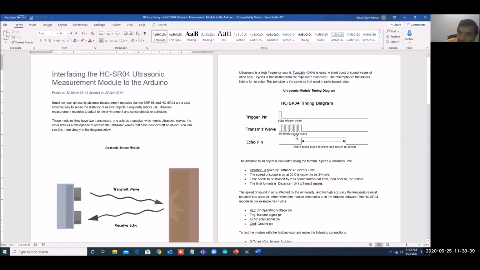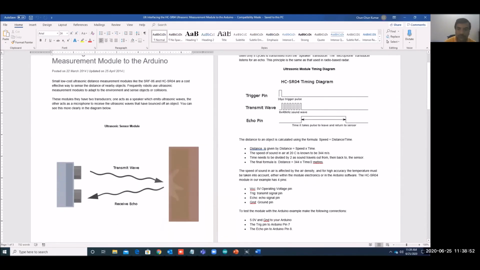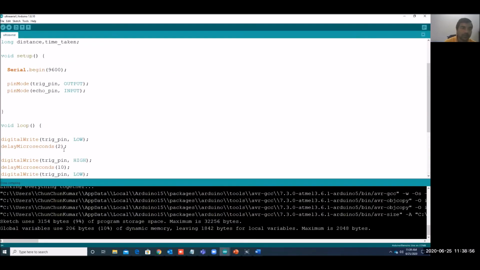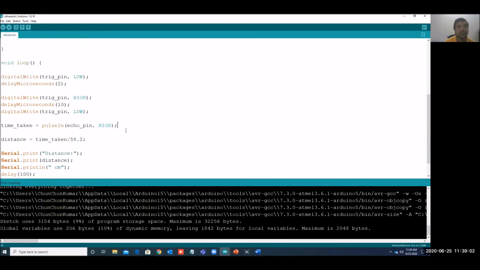Once we are scanning the echo pulse in the program, whenever echo is high we will stop the time and calculate the duration. That's why we have given 10 microseconds in the program: within 10 microseconds we release a small waveform, and then we measure the time after receiving.